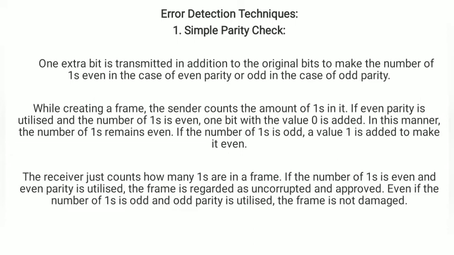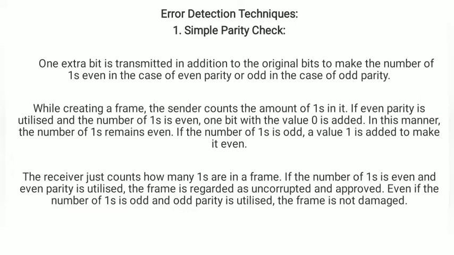In single bit error, only a single bit is corrupted, meaning 0 changes to 1 or 1 changes to 0. For example, the sender sends data 1001 but the receiver receives 1011, that is, the 0 bit changes to 1. Now clear? Single bit error is when only one bit is corrupted during transmission.